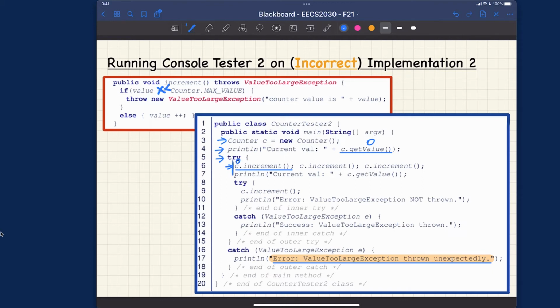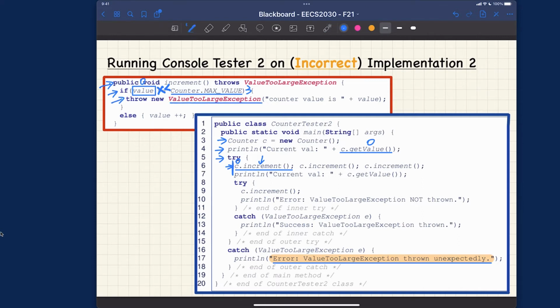And then when we try to say increment, let's step into it. So step into it, and then executing this if branch, we're going to evaluate the value over here, which at this point is going to be 0, and the counter maximum value is actually 3, as always. So now 0 less than 3 apparently is true, meaning that we're going to throw that value too large exception